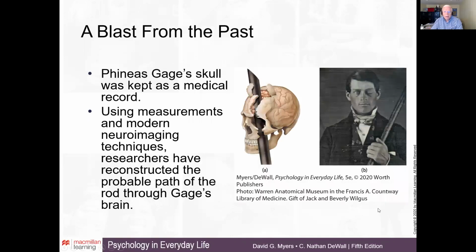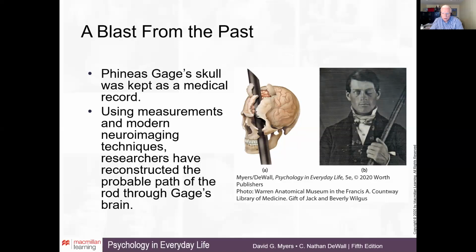You may be aware of the famous case of Phineas Gage, who experienced a work-related injury back in the 1800s when an explosion caused a rod to completely travel through his brain and land a number of yards away. You can see Phineas holding the rod in this picture. The injury caused damage to his left frontal lobe